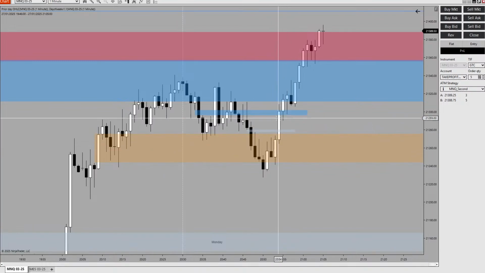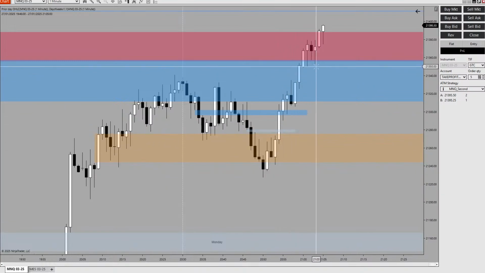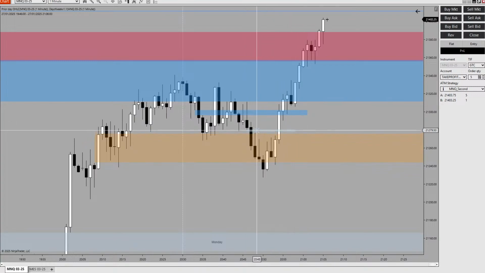Then I waited for price to give me its indication whether it wants to further go lower or go higher. It showed me clearly that it doesn't want to respect this as resistance. This inefficiency, had it wanted to go lower, it should have come back up, gone into this inefficiency, and again continued the sell side delivery. But it did not do so. It went through it and went back into this first fair value gap. Even from here, it can reverse and start going lower. That's why I did not act on anything yet.